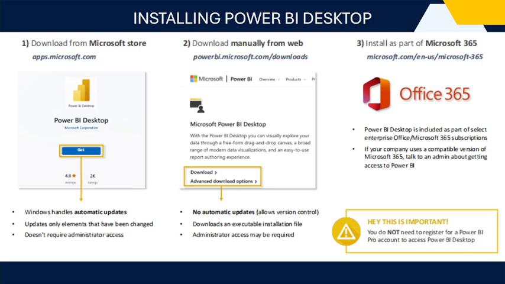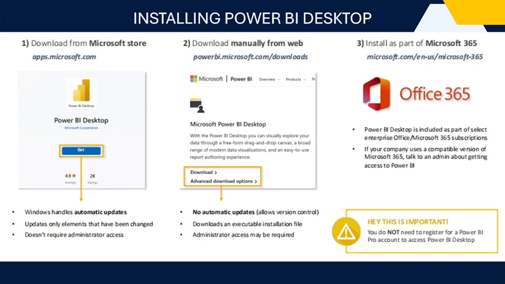Installing Power BI Desktop. You can either download it from the Microsoft Store, apps.microsoft.com. Windows handles automatic updates, only for elements that have been changed. It doesn't require administrator access. You can also download it manually from the website